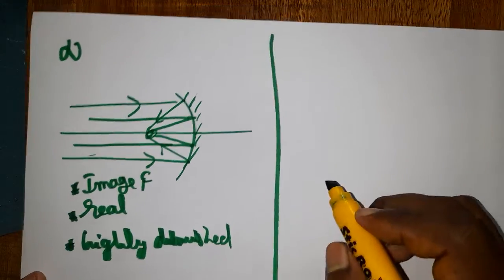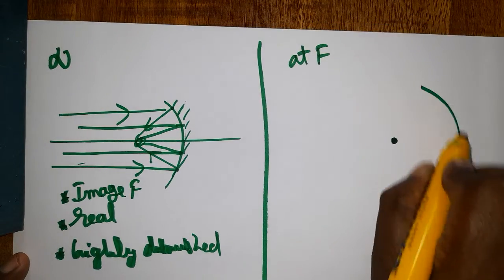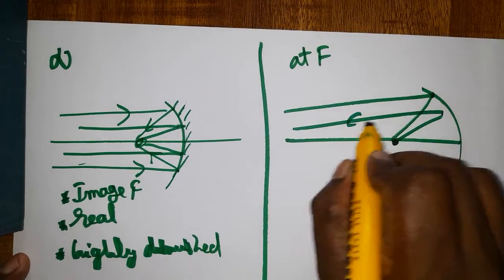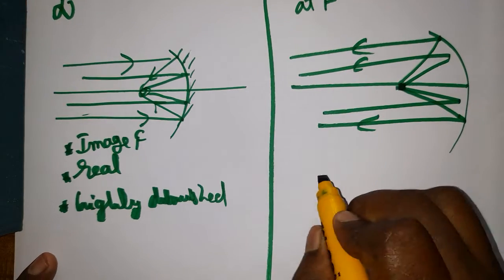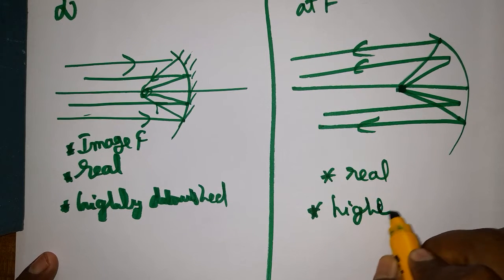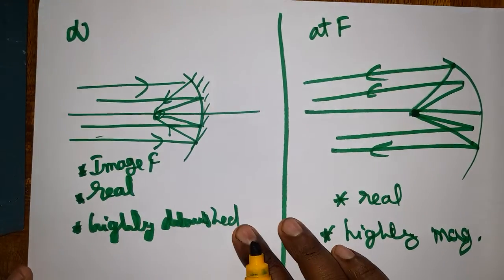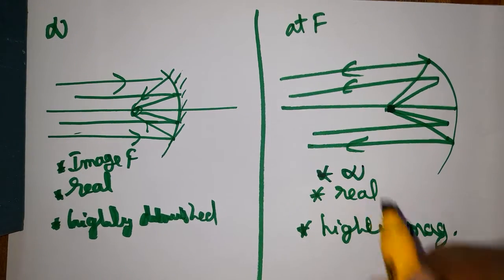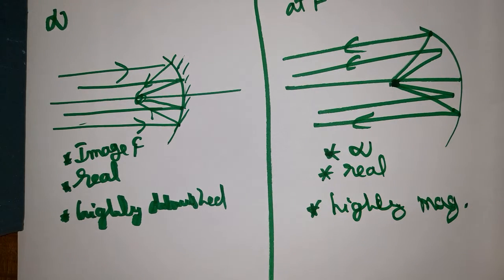So, next question: object at focus, where will the image be formed? When the object is exactly at the focus, the image will be formed at infinity. It will go till infinity. It is real but highly magnified. We are not able to see it, but for assumption it is going to be highly magnified. When the object is at infinity, the image will be at focus. When the object is at focus, the image will be at infinity. It is very simple. This is a full description for a concave mirror.